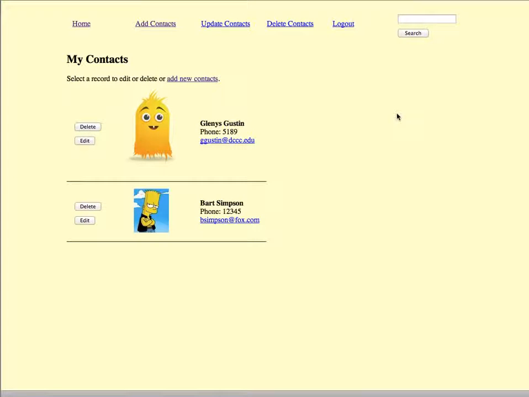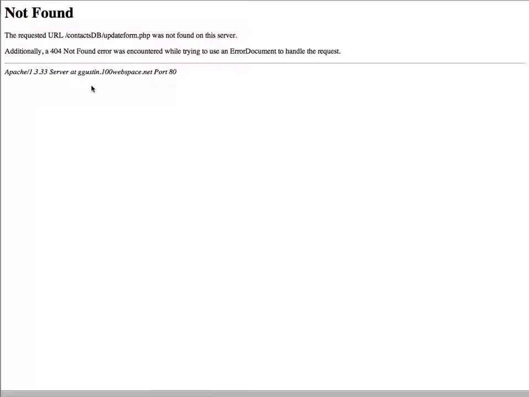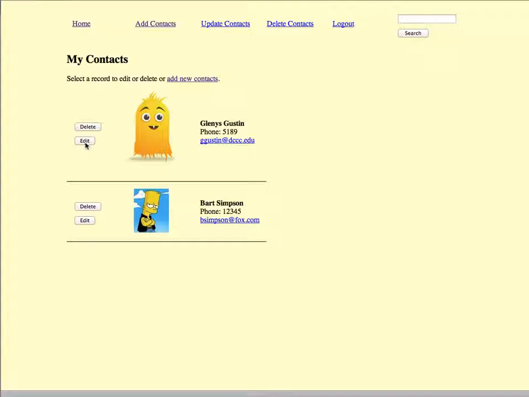Okay, in this tutorial, we're going to look at how to edit an existing contact. So when we click on the edit button here, right now it doesn't go anywhere because we haven't created the file. But what we want to have happen is when we tap this edit button, it's going to pass the ID of the record that we're selecting to another PHP script. That PHP script is going to look up and find the matching record in the database and display it for